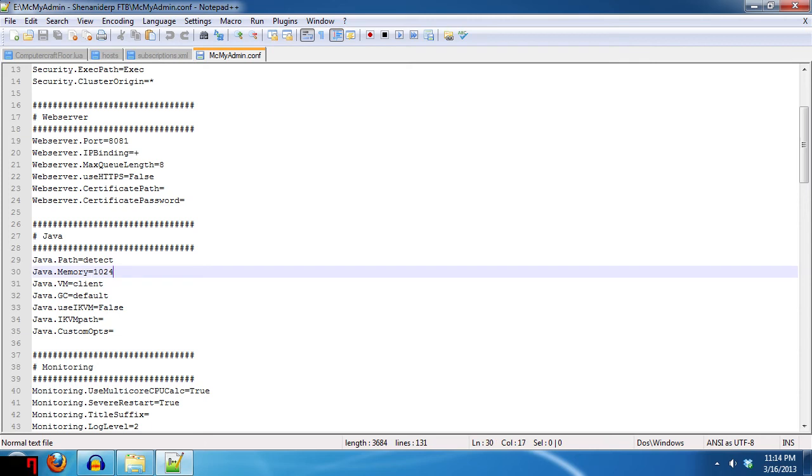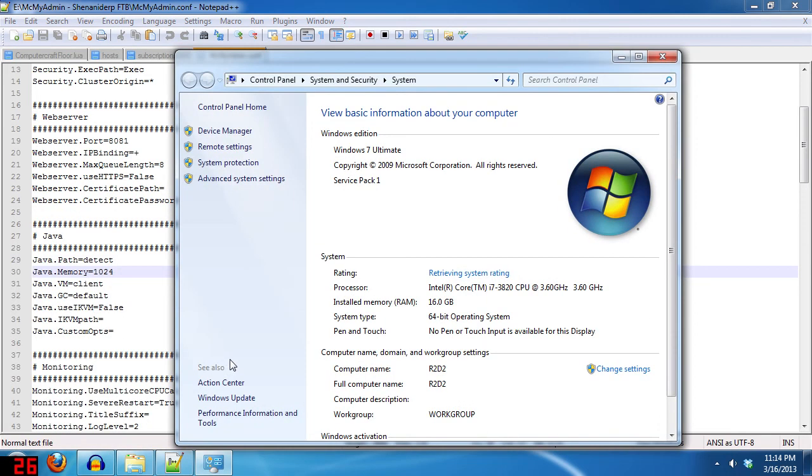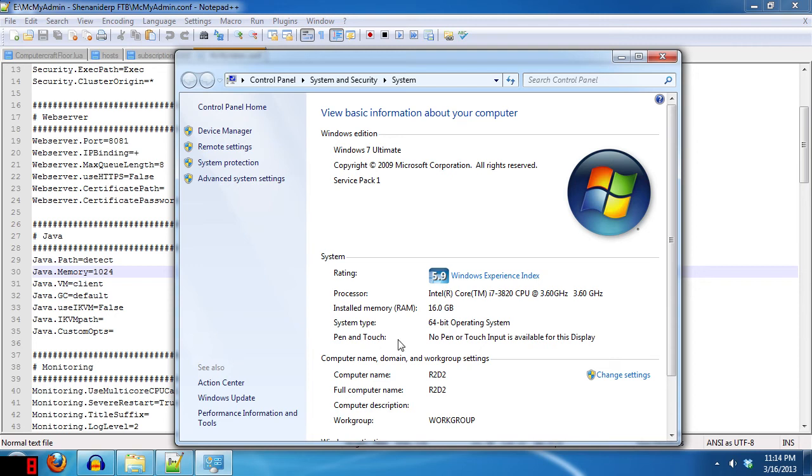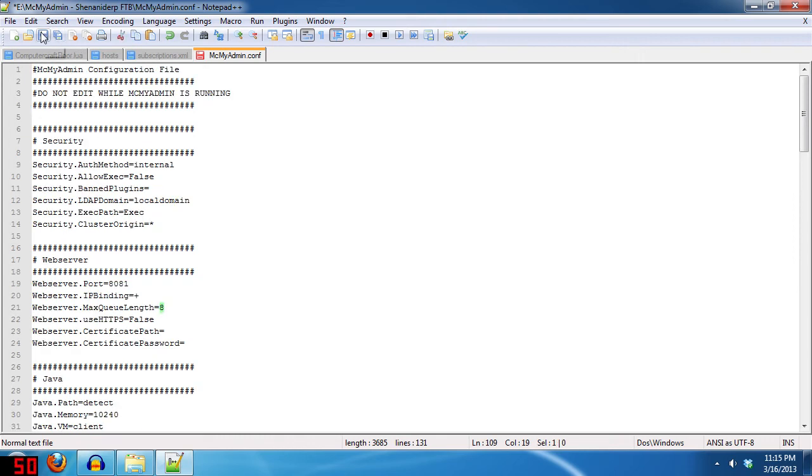Now, you got to keep in mind how much RAM you have. For example, I have 16 gig of RAM. So I have enough to set this up, what I need. What I do, that gives me 10 gig of RAM for the MCMyAdmin. I don't need that much. I think at most we use 4 gig. But I give it 10 gig just so it has a decent amount of buffer. So let's save this, close on out,